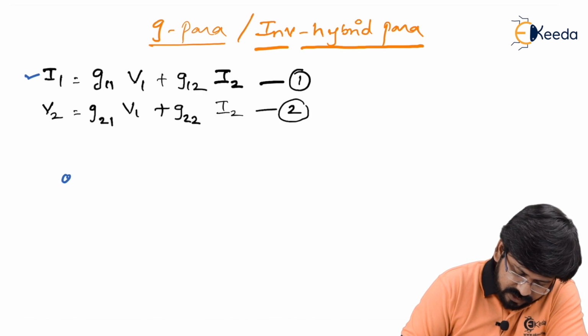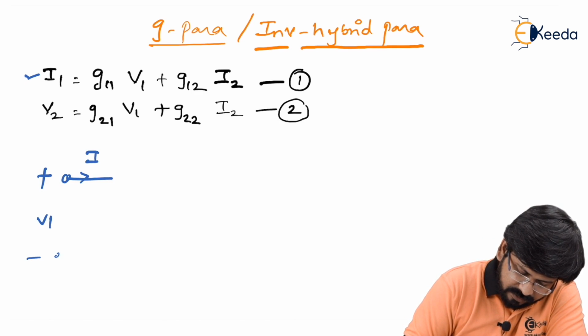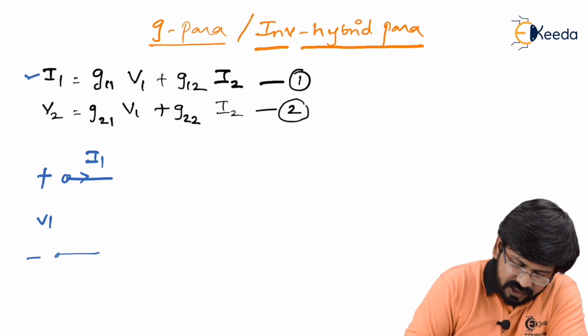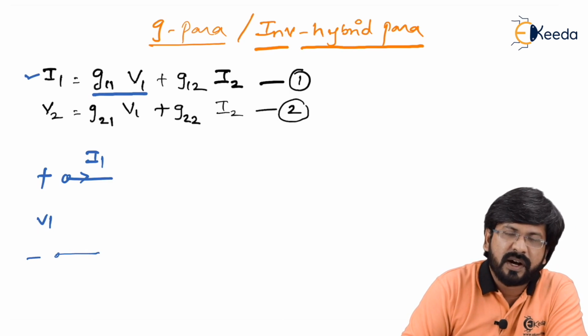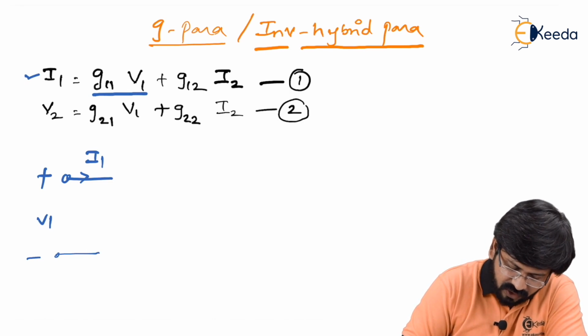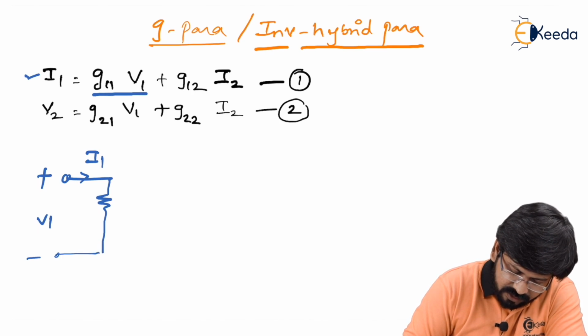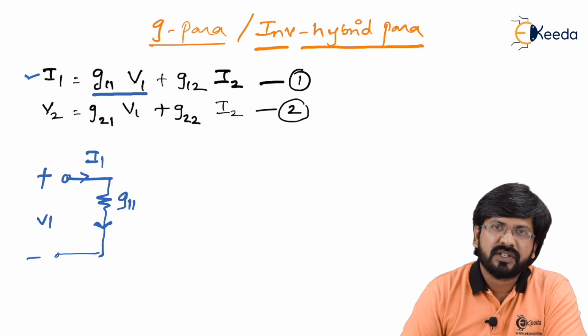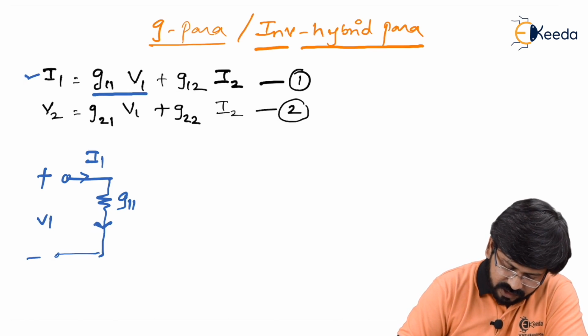So start drawing this, plus minus V1, I1. It's a parallel circuit. Now check it out. It is G11 times V1 as a first part. Is it V1? Yes. Is it related to port 1? Answer is yes. Then I can actually draw it as a part of what? G11 in terms of mho, and voltage across it is nothing but V1. Current through any admittance is nothing but G times V, that we have already discussed.